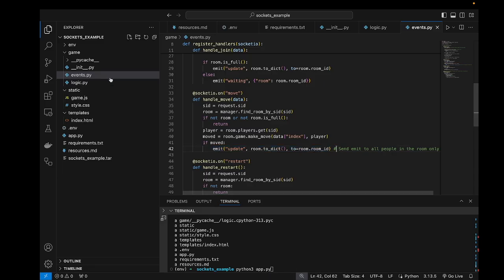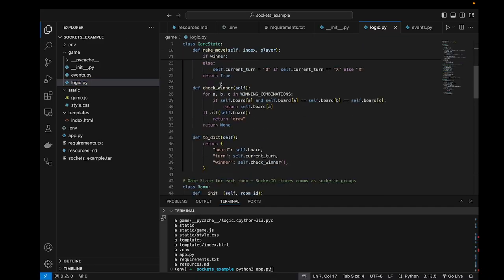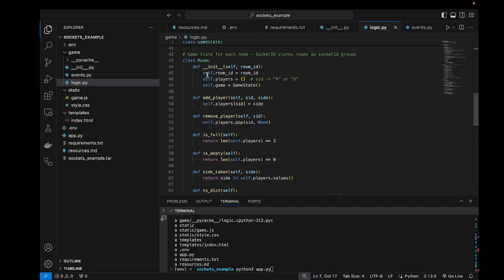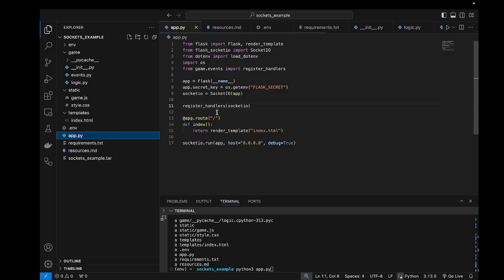So we have some event listeners and the code to handle all the stuff on the game state and all that in the events.py. The game state itself, the classes for the game, the room, and the room manager are all in the logic.py file. Our app.py is a very, very bare bones app, but all of the code is basically in events.py, which